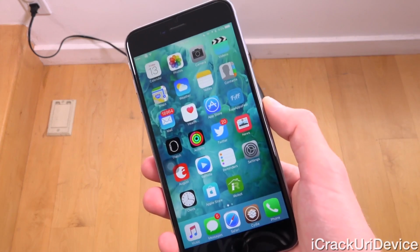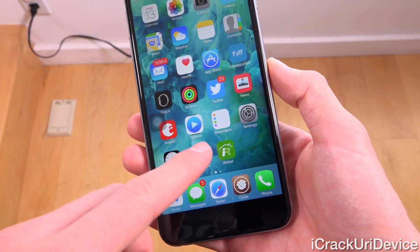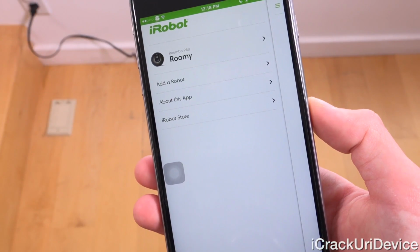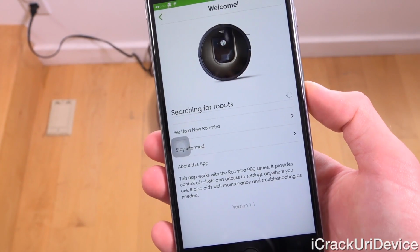Okay, and now bringing my iPhone into view, I do already have the application downloaded. It's just the iRobot Home app there, as you can see, so let's go ahead and tap to open it. I do already have a robot connected right now. That's just my test unit. What we can do is tap on Add a Robot there, and this is what you'll see the very first